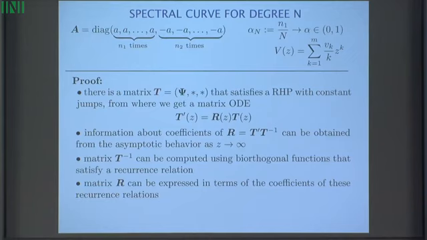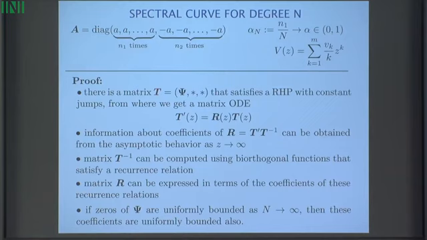The bi-orthogonal functions also satisfy the same recurrence relation, and using some transformation, you can express this matrix in terms of the coefficients. So the key assumption is that if zeros are uniformly bounded on the real line, all the coefficients in this matrix R are uniformly bounded. And then you can take limits of converging sequences. This is, by the way, if and only if. In this case, you can prove coefficients uniformly bounded means zeros uniformly bounded, and vice versa. So the assumption we impose on the zeros is equivalent to the coefficients of the recurrence relations all being bounded. Okay, so that's the idea of this part.